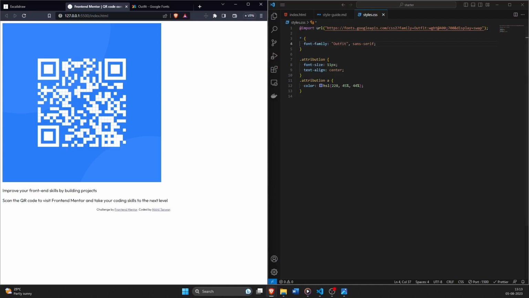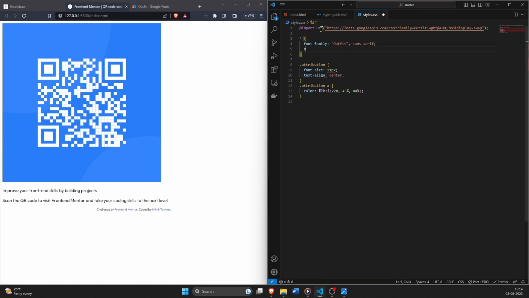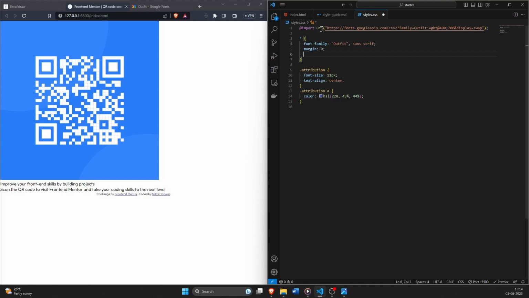Now let's normalize our CSS, and for that purpose we'll be doing the same thing in the star selector. So you see there's a bit of margin and padding over here, so we'll remove that. So margin 0, padding 0. Now we are ready to style our